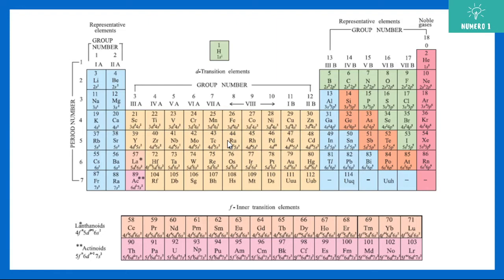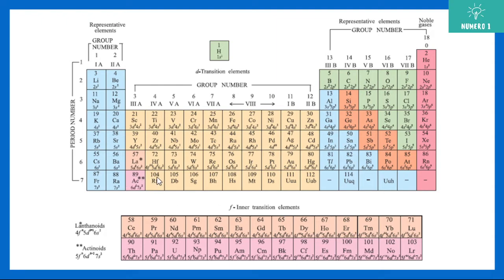Now you can see here in the periodic table, this is our s block element, that is group 1 and group 2. Then in the middle, this is your d block element, that is transition element, and this here represents your p block element. You can see group numbers 13, 14, 15, 16, 17, 18 are our p block elements. From group 3 to group 12 is your transition element, and you can see here 57, and then the next is 72. Between 57 and 72 there are the lanthanoids, that is your f block element, or you can say inner transition element.